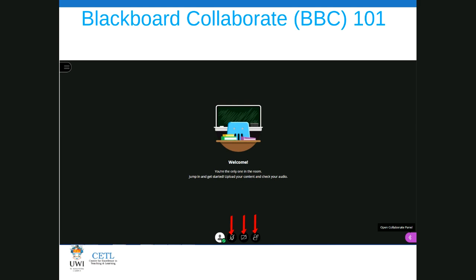You might want to add them as a moderator. That way they can upload a PowerPoint or some other document they have in their possession that they would like to share, and do the needful. So it's that easy, guys.